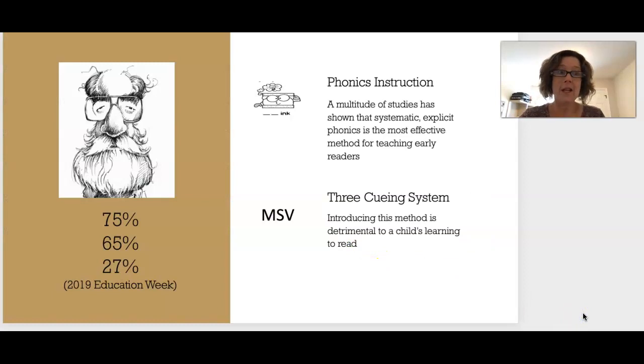Okay. Dun, dun, dun. So, phonics instruction, actually, according to cognitive scientists, a multitude of studies has shown that systematic explicit phonics is the most effective method for teaching early readers. So that's basically, in a nutshell, in the 3 cueing system, introducing this method is actually detrimental to a child's learning to read. So if you were looking at some of those balanced literacy programs,